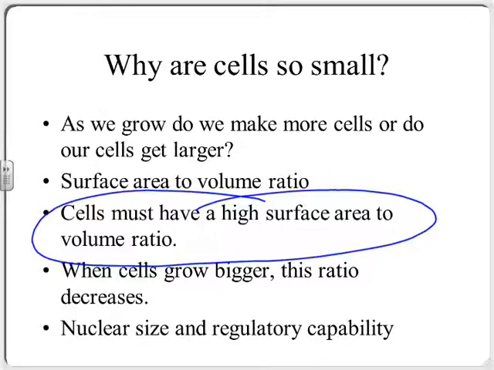What part of the cell would the volume represent? All the inside stuff, the guts of the cell. It turns out mathematically, and I'll show you in mathematics how this happens in a minute, that when a cell gets bigger, this ratio goes down. When a cell grows, the inside of the cell grows proportionally faster than the membrane does. So the only way to keep this high ratio of surface area to volume is to stay what? Stay small. Small things have a high surface area to volume ratio.